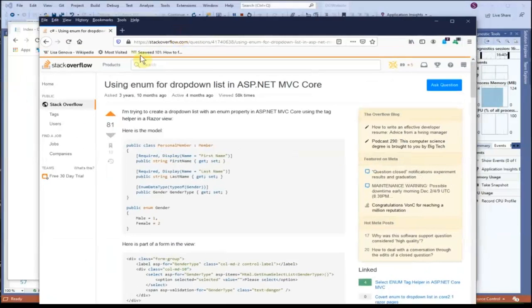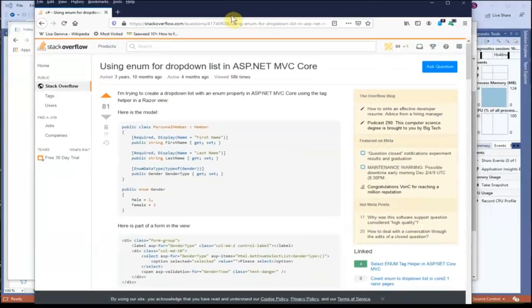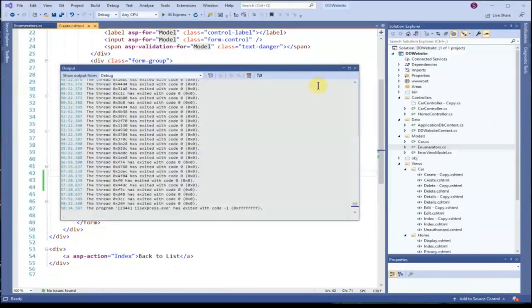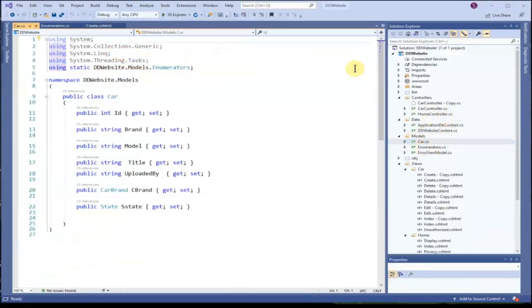I need to make an honorable mention of the Stack Overflow website. Everybody in programming, when they come across a problem, will search on Stack Overflow for solutions. We will add those things now to the car class and update the controller rather than having to update it so many times. So the ones we are going to add is